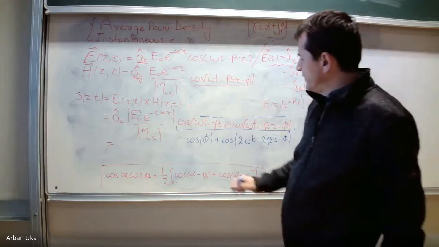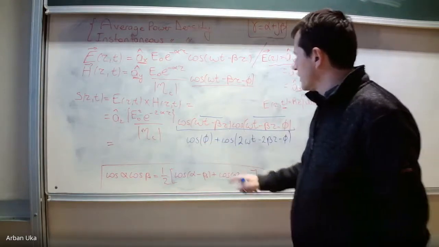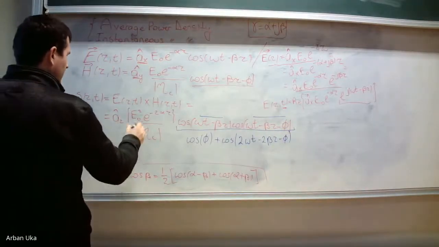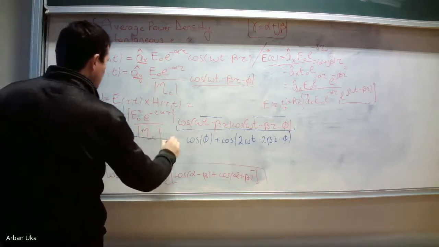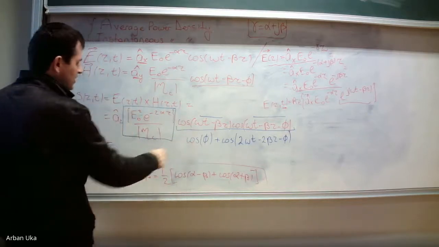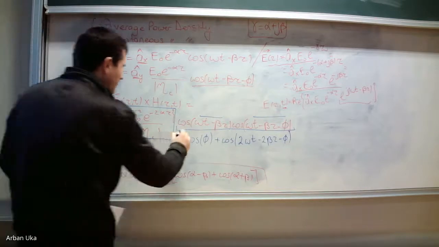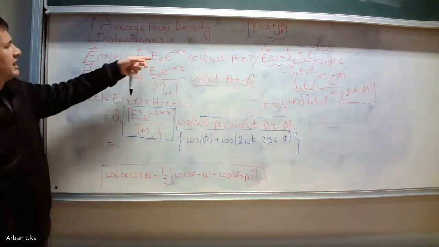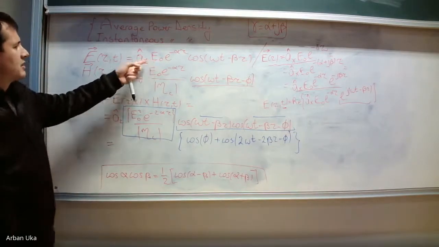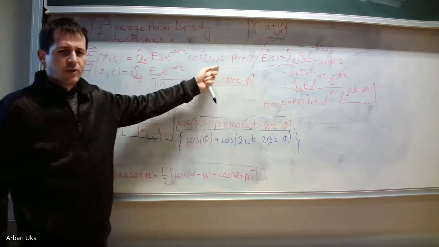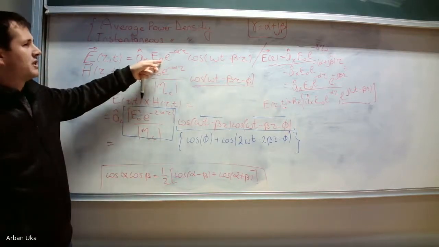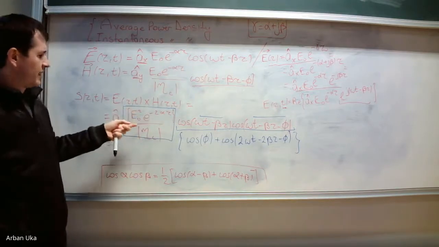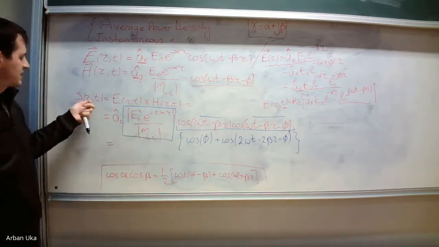So what we observe here is that this constant term will multiply this factor. What do we obtain from here? It looks like we have two time oscillatory waves, this is time harmonic and this is time harmonic, but modified with an exponentially decreasing term. If we multiply these two, we get the instantaneous power density, because this is S(z,t),